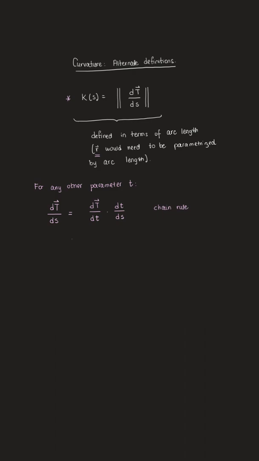Okay, so we can also rewrite this. Since we're multiplying by a fraction, I'm going to look at this as the derivative of T with respect to t in the numerator divided by the derivative of s with respect to t. And then I'm going to ask you to recall this expression in the denominator. So remember that s is our arc length parameter, t is any other parameter for our curve, and we had a relationship between ds and dt. Our arc length parameter,